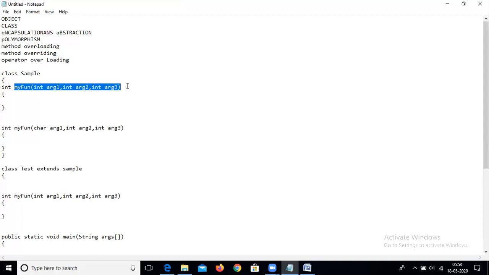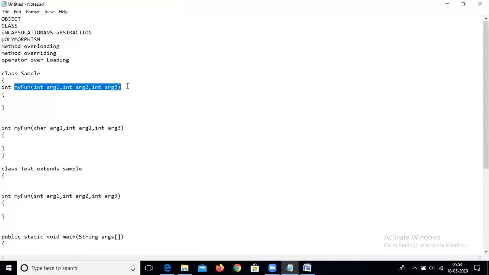In case of method overriding, there must be a relation called inheritance. The function defined in the superclass must be overridden or inherited by the subclass. This is called method overriding. In Python, I told you we cannot achieve overriding directly. It can be achieved in an indirect way. I will show you in the next lecture how to achieve overriding, and I will show you all these concepts by programming.